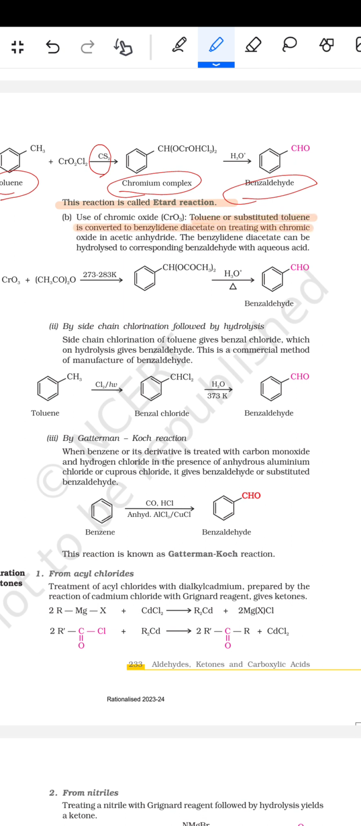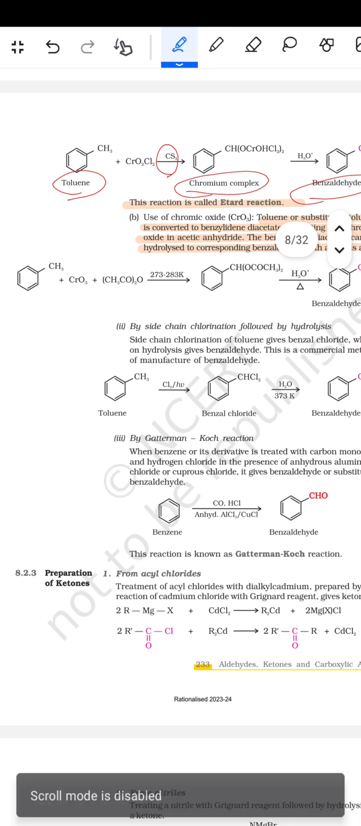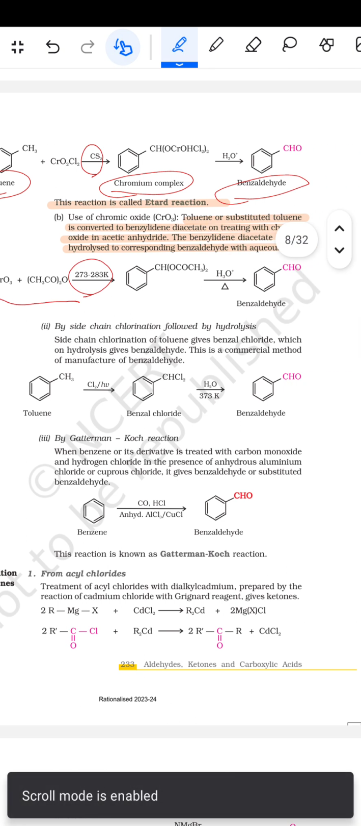फिर आता है यूज ऑफ द क्रोमिक ऑक्साइड CrO3। Toluene or the substituted toluene is converted into benzylidene diacetate on treating with chromic oxide in acetic anhydride. The benzylidene diacetate can be hydrolyzed to the corresponding benzaldehyde with aqueous acid। जैसे ये वाला है प्लस CrO3, 273 से 283 केल्विन पर ये बन जाएगा। फिर H3O प्लस डालेंगे तो बेंजा एल्डिहाइड बन जाएगा।